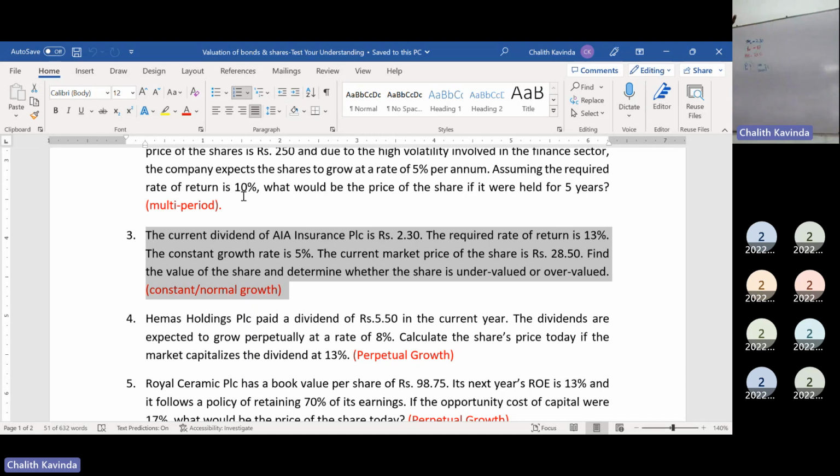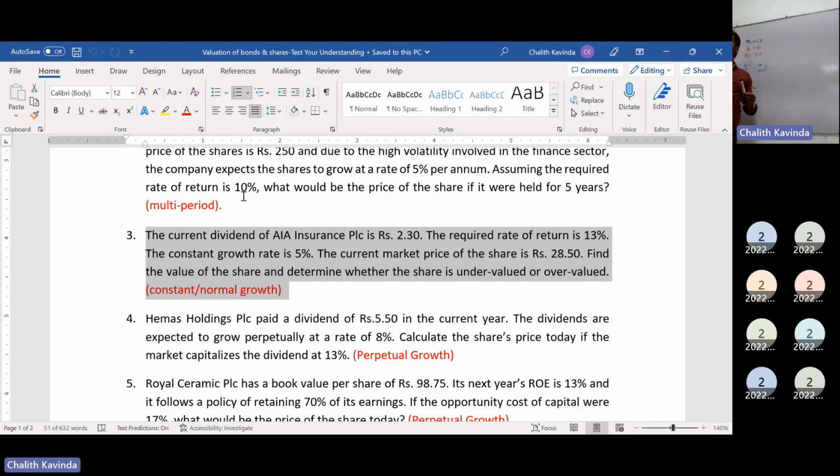Forget about the thing that I have written in red. Is the growth rate linked with the number of years? Does it say the growth rate of the share will increase at a rate of 5% from this year up to this year? You can't see that, right? You can interpret this question in another way. We'll see it later.